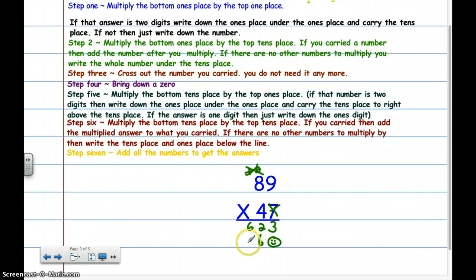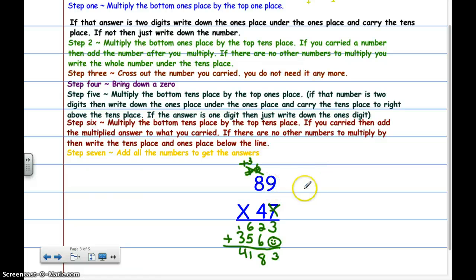I'm not going to write the 3 down here. I'm going to float it up here, and I'm going to put a plus sign next to it. 8 times 3 is 32, plus 3 is going to be 35. So I'm going to write 35 right here. I'm going to put a plus sign to add these. 3, 6, 7, 8, 5, that's 11, 4. So my answer to 89 times 47 is